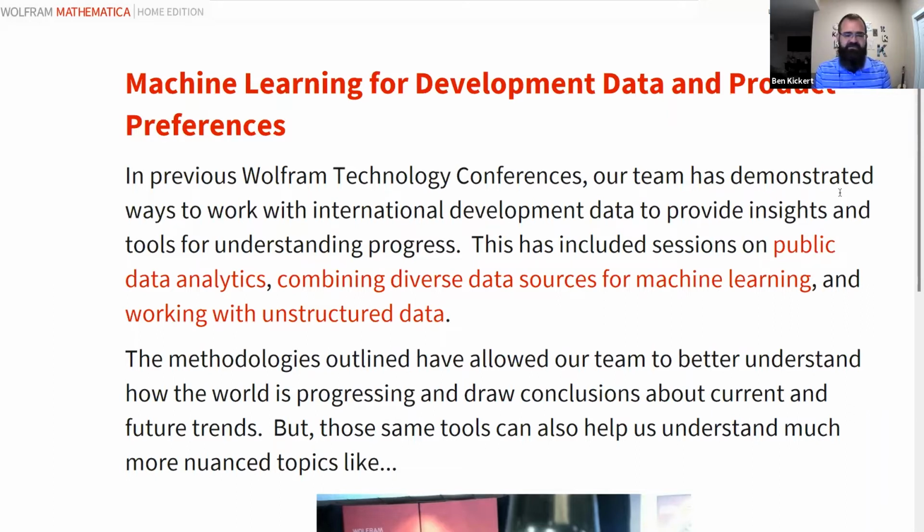Any code that I skim over, you'll be able to understand a little bit better or dig a little bit more into there. But in previous sessions, we've talked about doing analytics on public data to get things that aren't included in reports. We've talked about how you can work with diverse data sets and how we can take that and build it into a machine learning algorithm. We've talked about how you can work with unstructured data. We're actually going to continue that conversation immediately after this session.